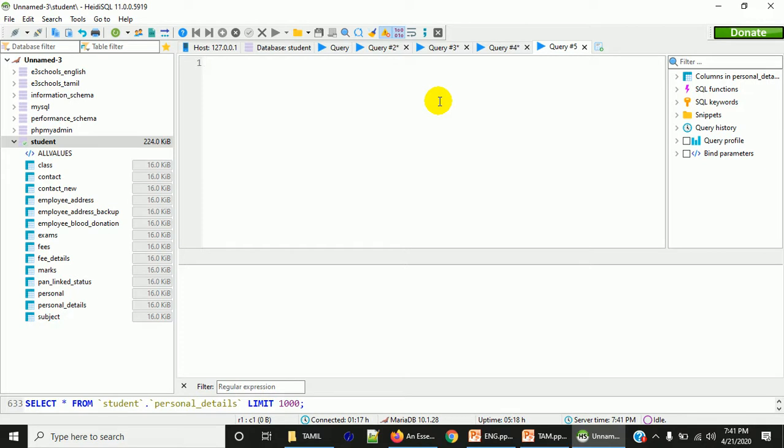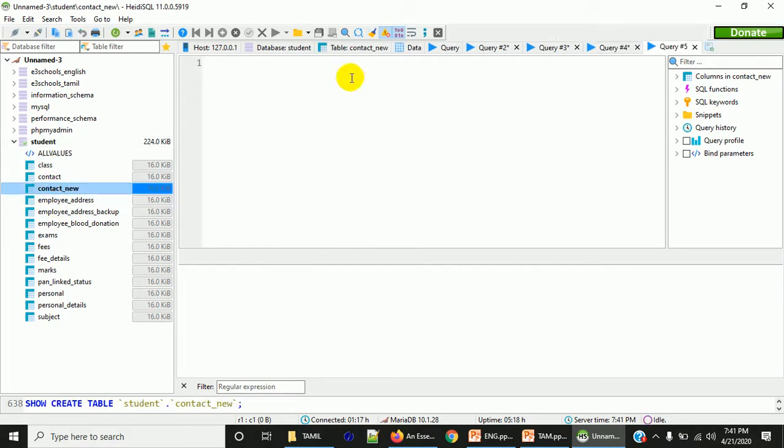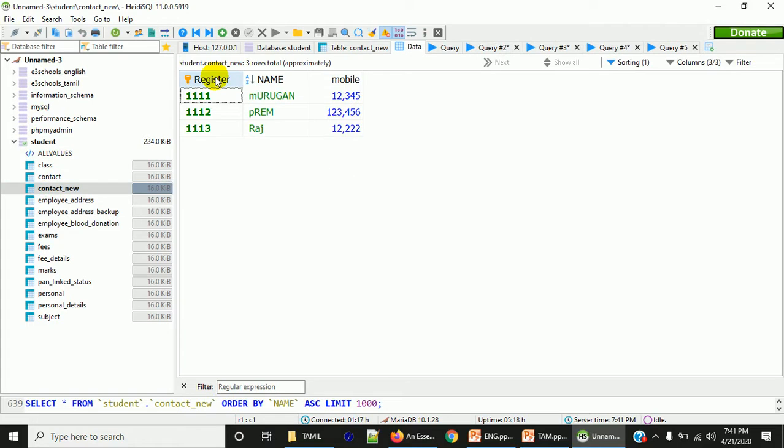It is a column. Primary key is nothing but a column that is used to uniquely identify each record in a table, which means, for example, let's take this table. In this table, register is the primary key, which means in this table there must not be two records with the same register number. A student must have a single register number and the same register number will not be allocated to multiple students, or in other words, if I give a register number, it should return either 0 records or 1 record and not more than that. So that is what primary key is.